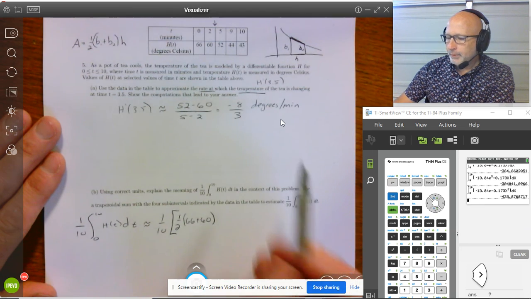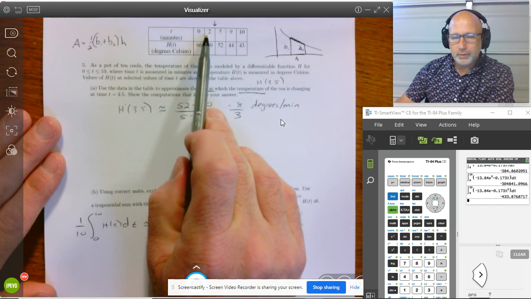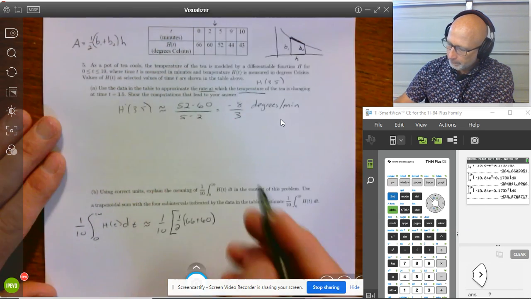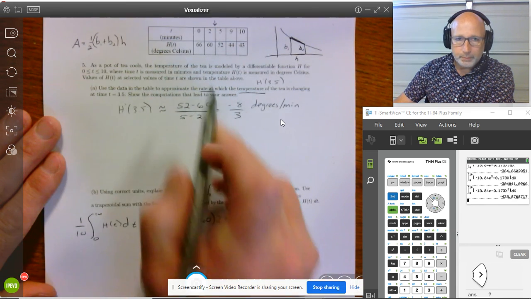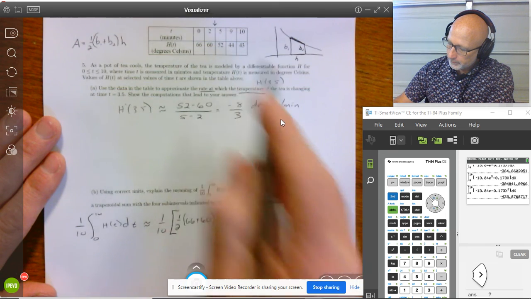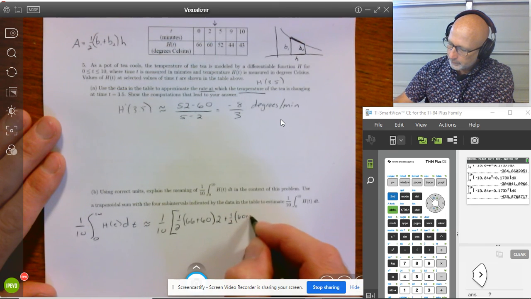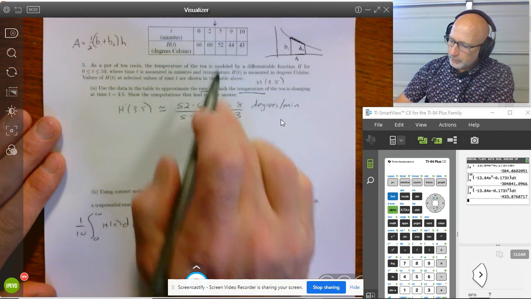What is the distance between 0 and 2? That's simply 2. Plus 1/2 times 60 plus 52, times the height, which is 3,